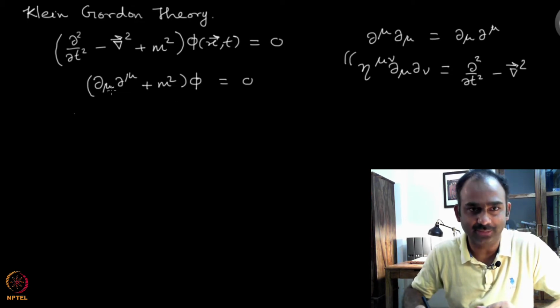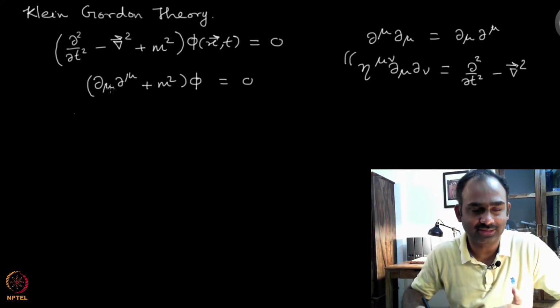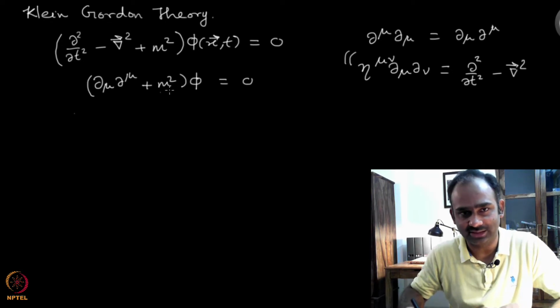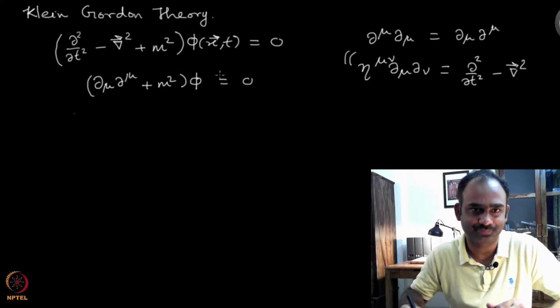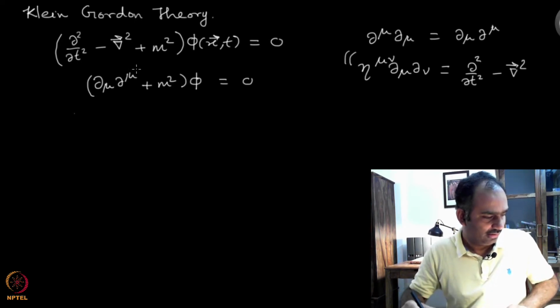Now, when you are writing it like this, it is very apparent that the operator, del mu del mu plus m squared, is a Lorentz scalar. This term has indices which are fully contracted, and if you have all the indices contracted, that object can only be a scalar. The m squared is a scalar because it has no indices, it is a Lorentz invariant quantity. So, scalar and Lorentz invariant object mean the same thing, and the phi we are assuming to be a scalar field. That is the field we have. So, either this way or that way, these are the equations of motion.